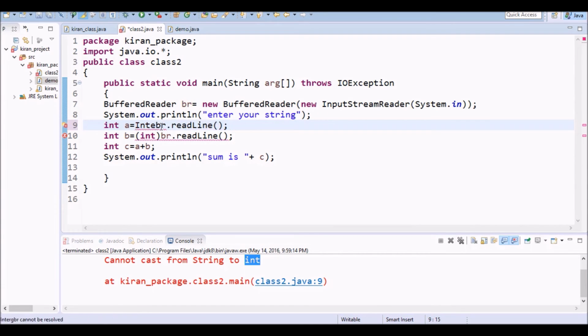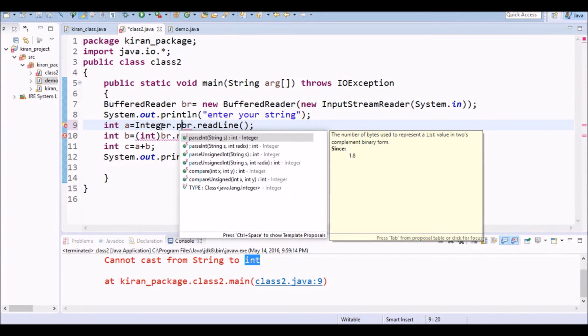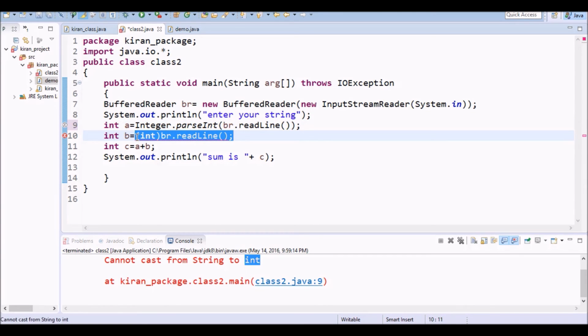Integer.parseInt. So within that, we will write this one. Delete.